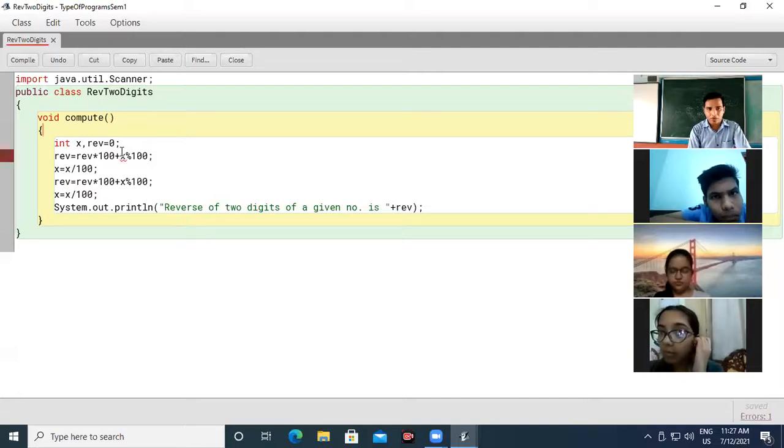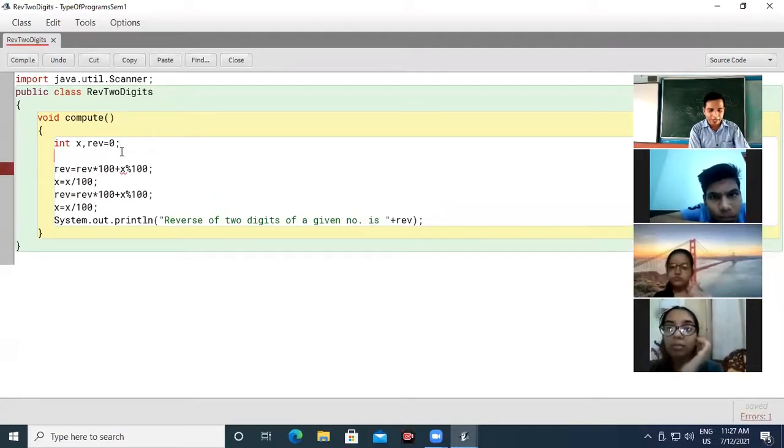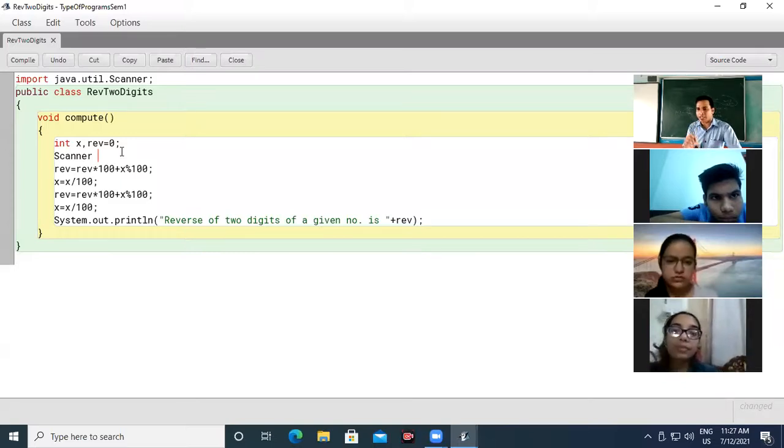After that, I have to create the object of Scanner class. Just keep in mind that in Scanner, S is capital, and in System, S is capital, because the name of the class starts with a capital alphabet.